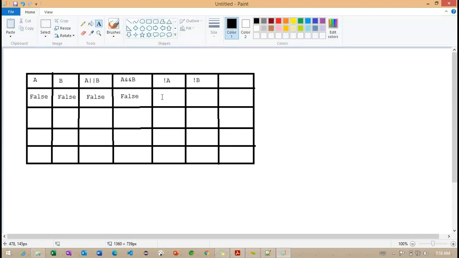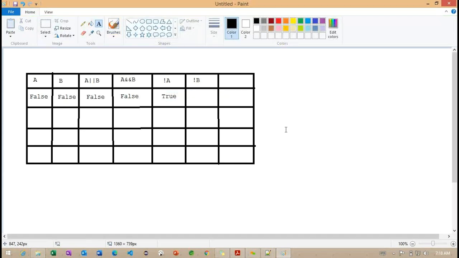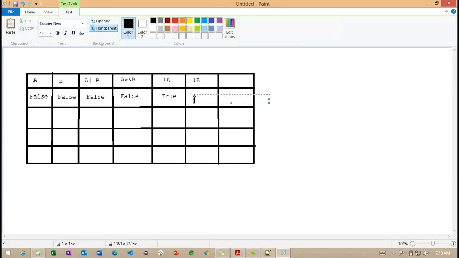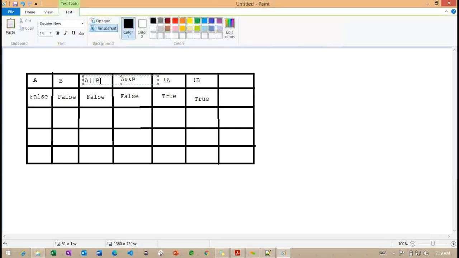The A and B also will become false here, and this particular not A condition will return true because we are making not. Whenever we are making this particular not condition, it works as an opposite value. For this particular B also will return true here. Observe carefully, this is very important here. How exactly this particular OR condition will work, as well as this particular AND condition is going to work here.